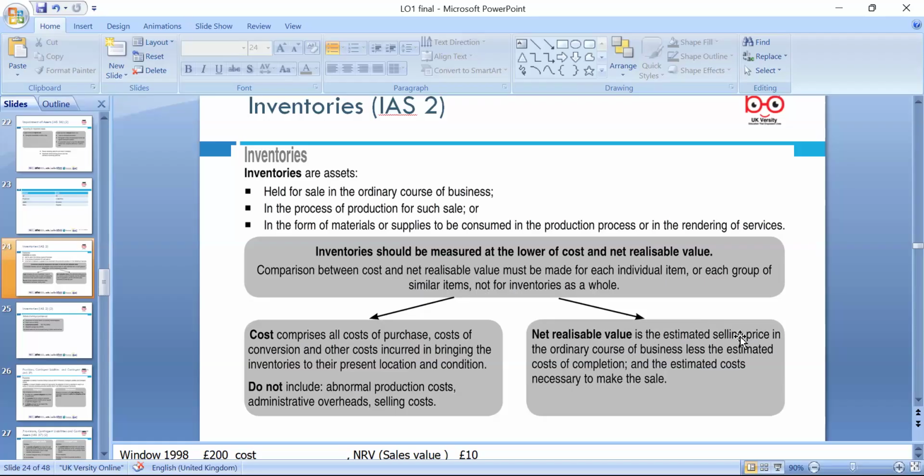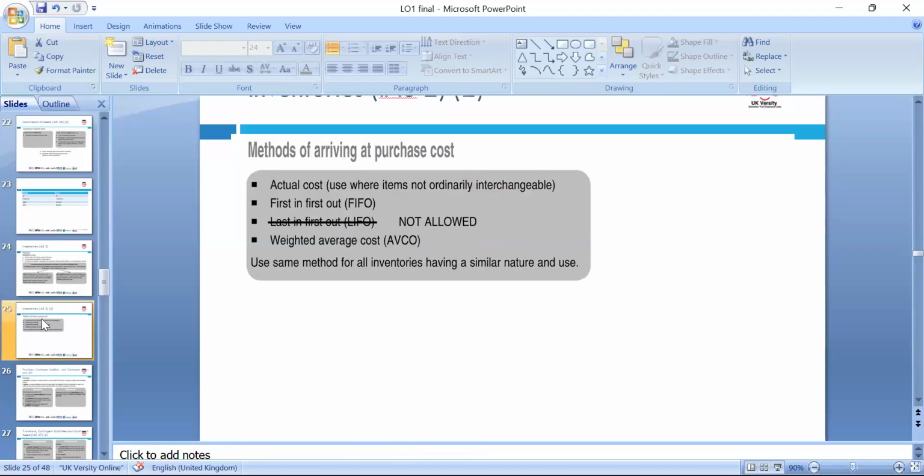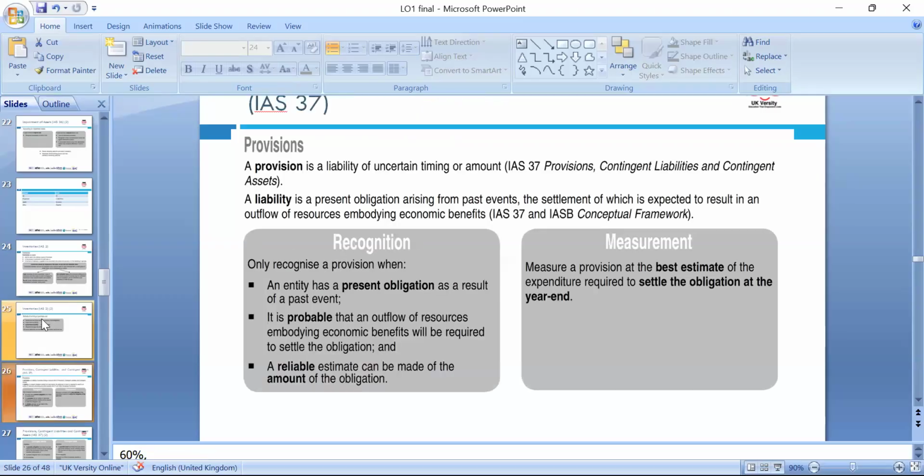Net realizable value is the value we can recover after the sale. You should record it this way because we don't want to give our estimated figure. As we mentioned, first in, first out inventory valuation is allowed, and weighted average is also allowed. But if you want to change the inventory valuation method, you have to restate the previous figures to give good comparative figures, because otherwise, if you keep changing every year, it can give you different closing inventory values.